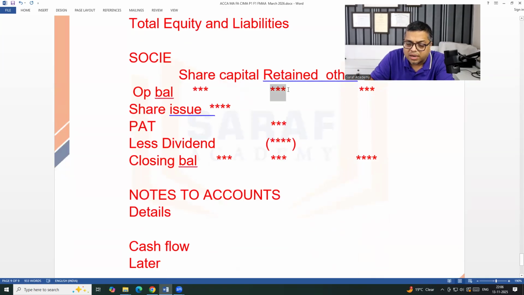This is the old one, opening balance. This is during the year. Out of these earnings, you have paid dividend to shareholders. Those who are the owners of the company, some money is distributed to them as dividend. Then balance. Again, next year, this will become opening balance. Again, next year, there will be profit. This will carry on. Other reserves I am not discussing for the time being. We will not understand. But I mean to say that for the equity portion, you need to prepare a separate statement